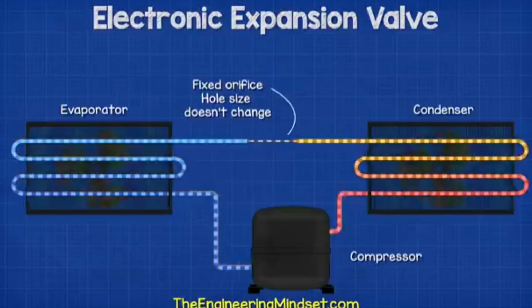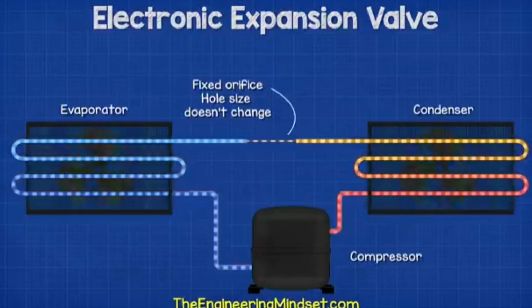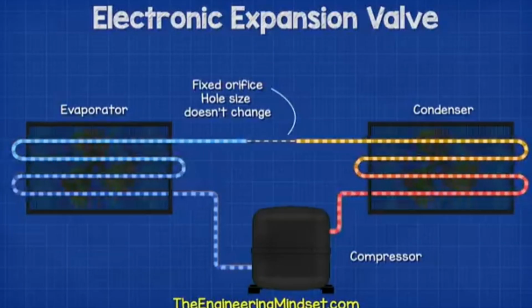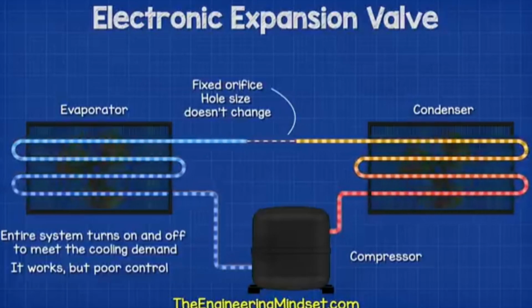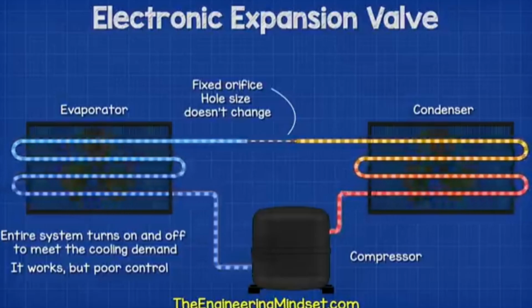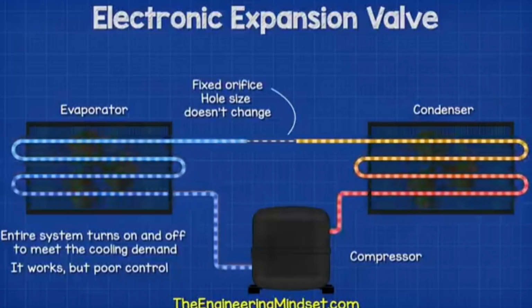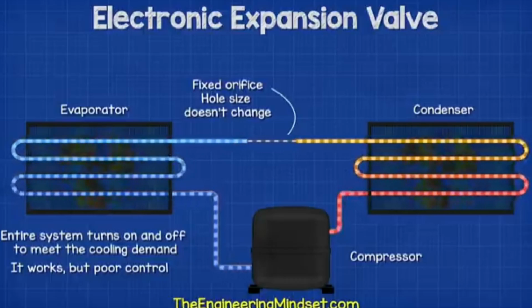Now, the original method to control this was by using a fixed orifice device, and you might still find these on the back of your refrigerators. The hole within this device was a fixed size, so the entire system would simply turn on and off to meet the cooling demand. It does work, but we can't maintain a stable temperature control because the system is simply